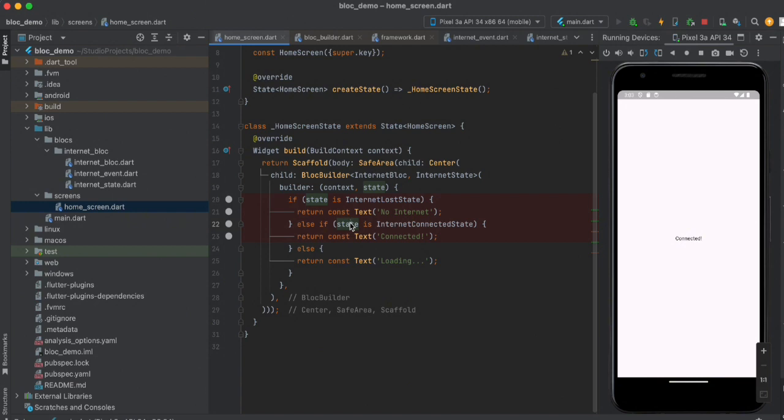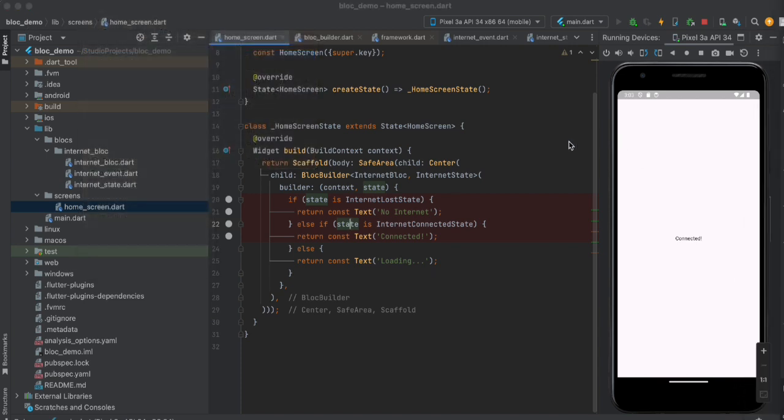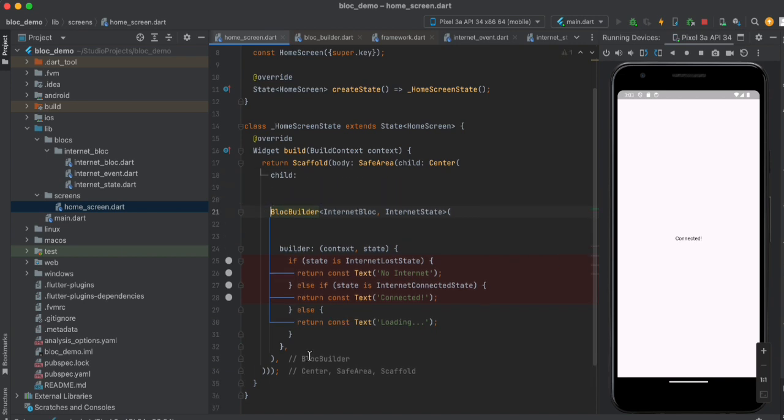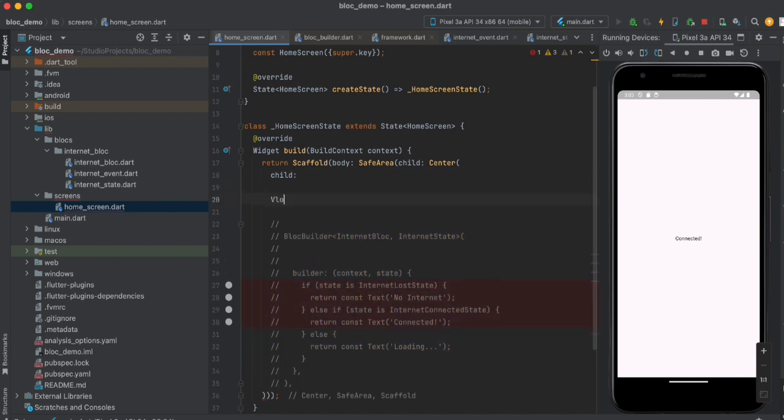That will give you the facility to display the toaster as well. So let's do that as well in this tutorial. For that, let me show you something from here. What I'm going to do is add the listener consumer. One second, I'm just going to comment this for now, and I will add the block